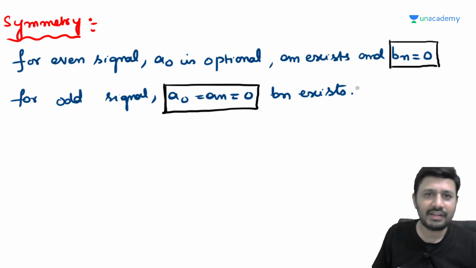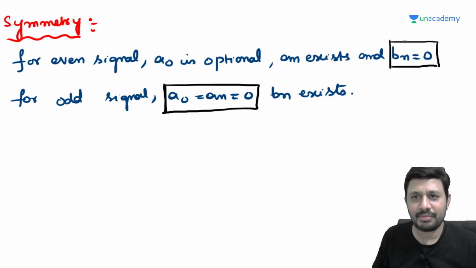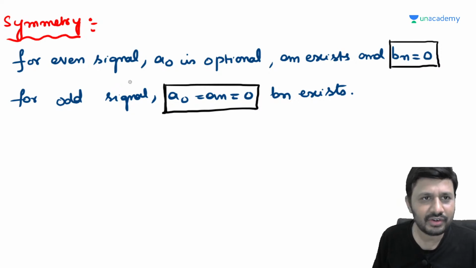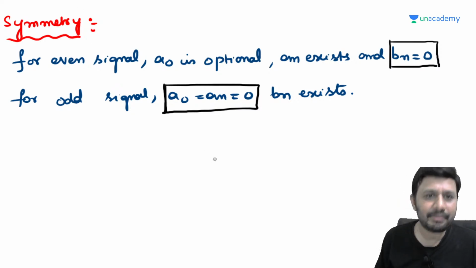For even signals, Bn is 0, which means we don't need any sine terms. Generally in an even signal we don't need any sine terms. For odd signals we don't need any cosine terms. If you want to build an even signal, sine terms are not required because Bn is 0. If you want to build an odd signal, only sine terms are required, right? So this is a discount, and after this I'll take one periodic signal